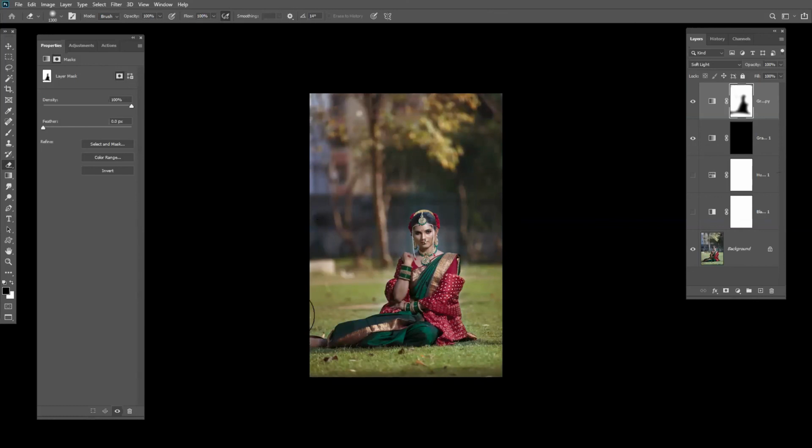And with reduced opacity, we can always bring in the colors, the skin colors.